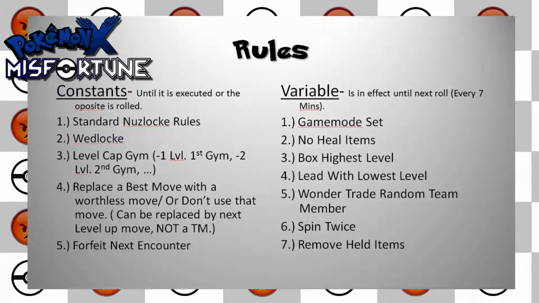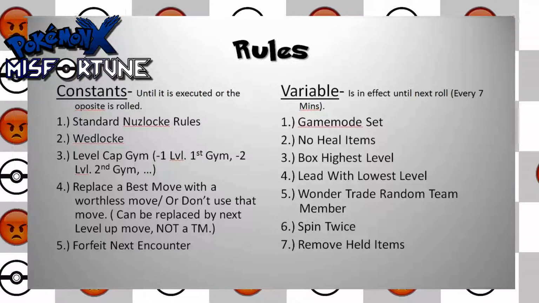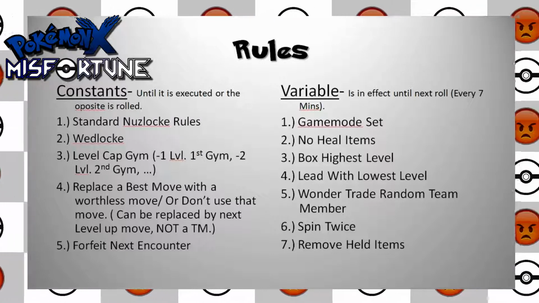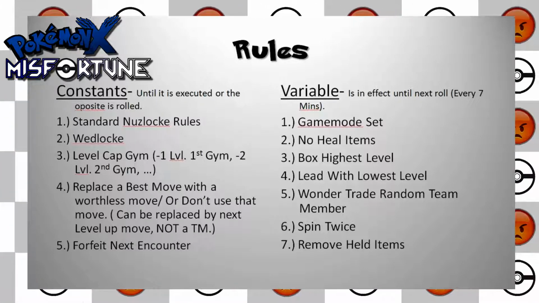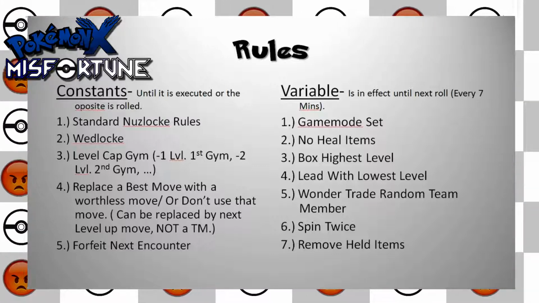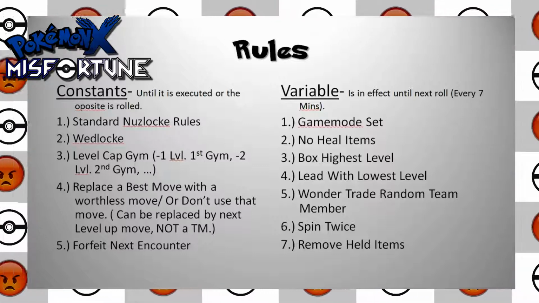Now, there's only a few variables that will stay constant like that, such as the Nuzlocke and wedlock, and also the level cap for the next gym. For each gym badge, for the first gym leader, I can be one level lower than their highest mon, which isn't that big of a deal. But once I get to 8 levels lower than the 8th gym leader, I think it's going to start to get quite difficult